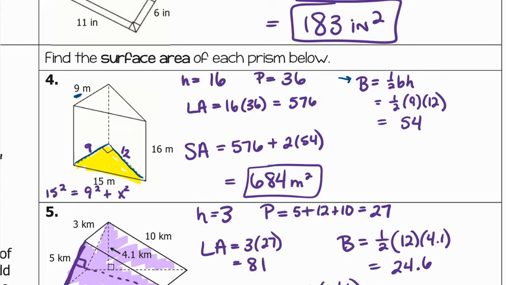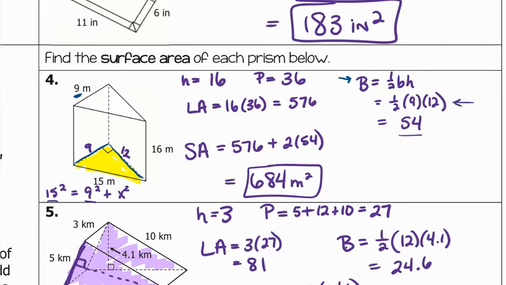Since I know the 9 and the 15, I can plug those in and solve for x, and I get 12 for the other leg there. Okay, so that was just found using Pythagorean theorem. Then I can do 1/2 times 9 times 12, which is what I'm doing there, and we get a base area